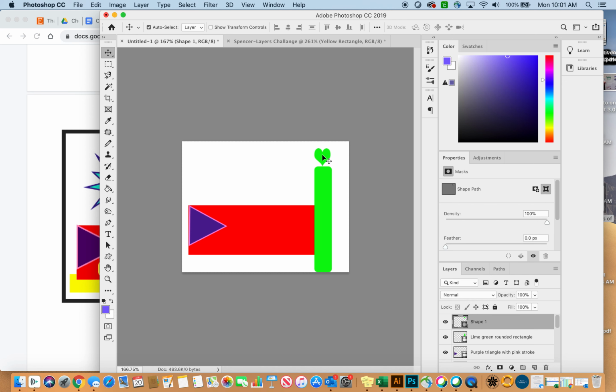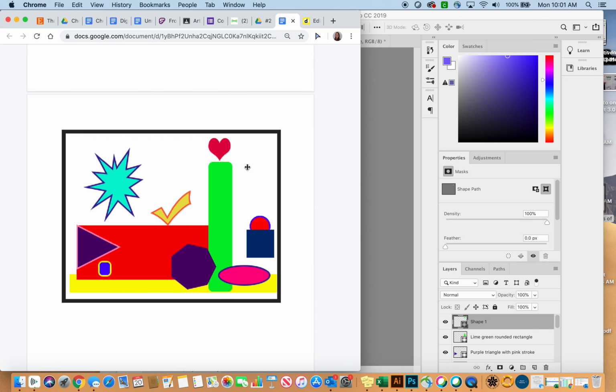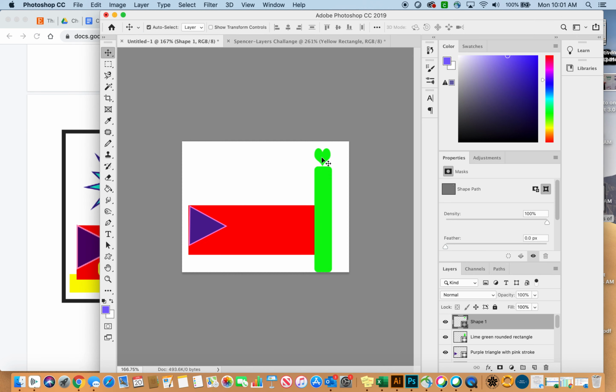And you guys will kind of have to play around and see how you can rearrange it. So again, to change the height or width of the shape, you hit Command T after you click on it. You can change that, you can move it, you can turn it. To turn it, you have to have this little curve feature. To go back, you hit Command Z just like we did in